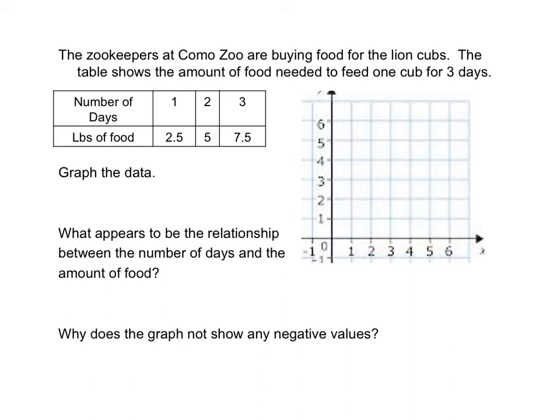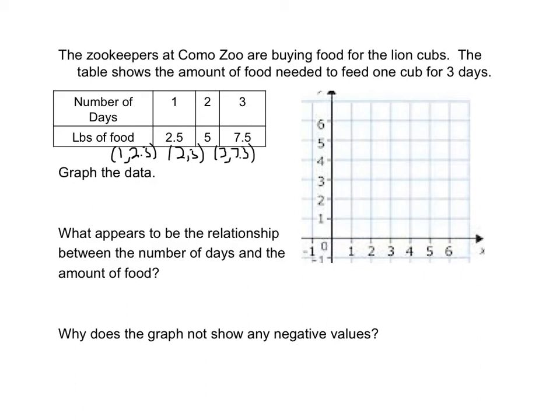So the zookeepers at Como Zoo are buying food for the lion cubs. The table shows the amount of food needed to feed one cub for 3 days. So for 1 day it would be 2.5 pounds, 2 days would be 5 pounds, 3 days would be 7.5 pounds. We want to graph that data. So if you wanted to make the ordered pairs, it would be 1, 2.5, 2, 5, and then 3,